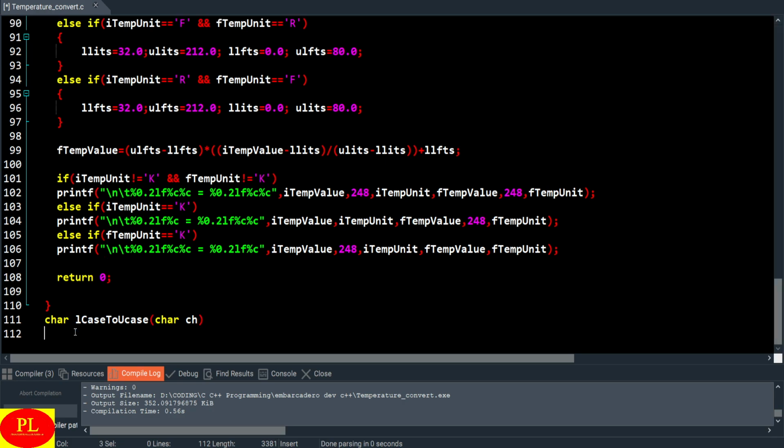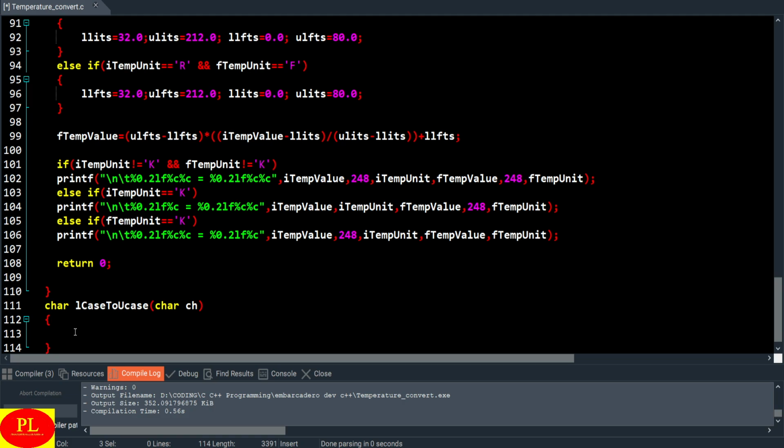Okay, so if the character is a lowercase character, then convert it to uppercase, otherwise do not change it. Okay, so for that we'll check: the lowercase characters start from the value 97 and go up to 122. So if ch greater than or equal to 97 and ch less than or equal to 122,